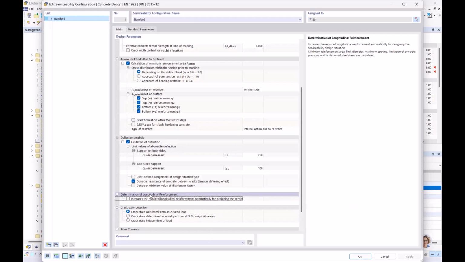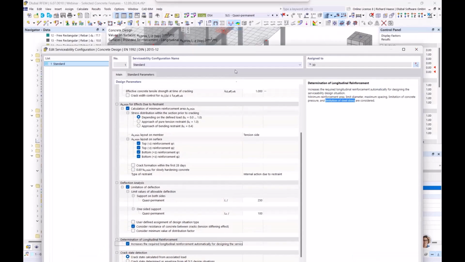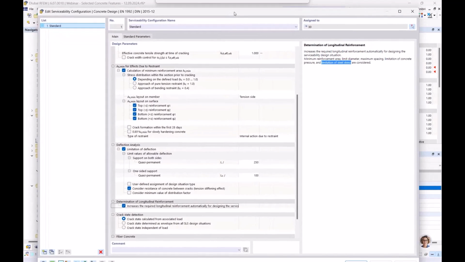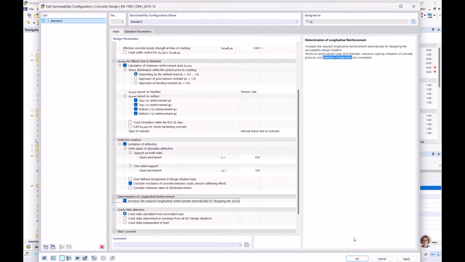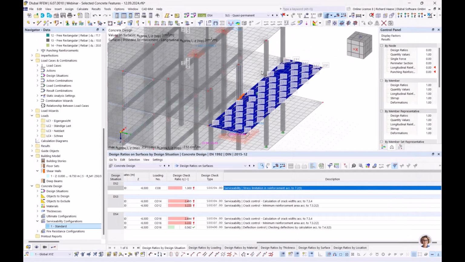It's a determination of longitudinal reinforcement, and this strong feature, when I activate it, you see which points will take with for this calculation. So for example here, limitation of steel stress, and, you know, before we have only the provided reinforcement, and this button, when we activate it, okay, we must calculate new,